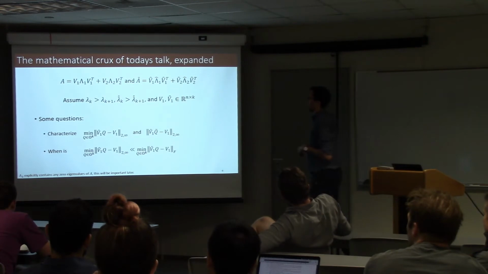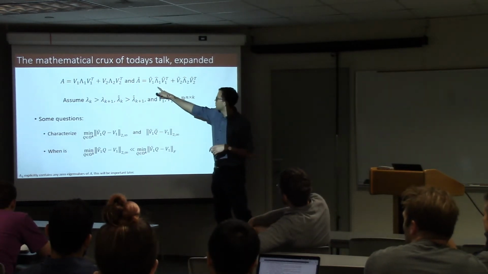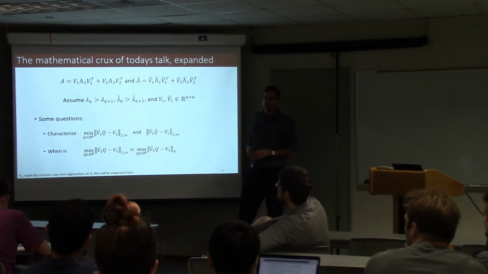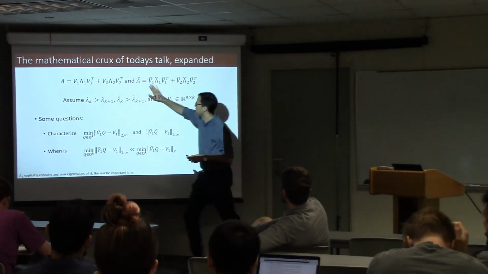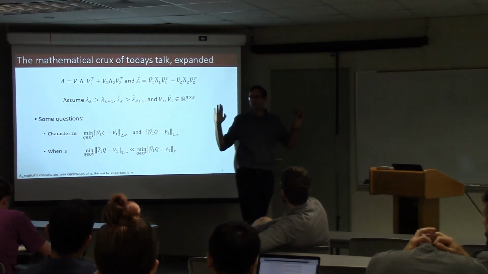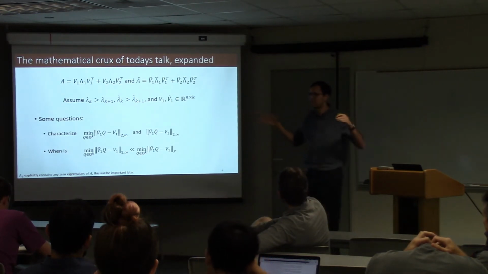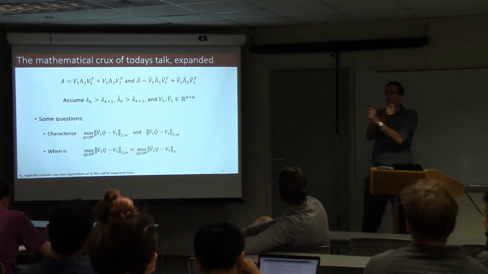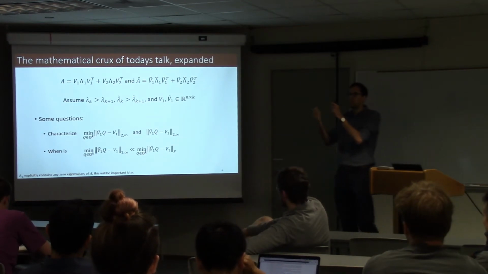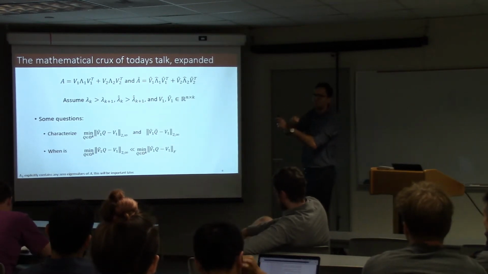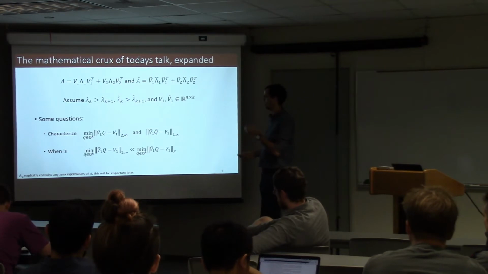Okay? And now I have the same thing for A hat. And throughout this talk, I'm going to assume that the perturbation is small enough so I don't have to worry about associating V1 hat and V1, that they actually go together. I can't make the noise big enough or the error big enough to just flip eigenvectors so that all of a sudden V1 hat associates to V2 exactly or something like that. So I'm just going to assume the noise is small.